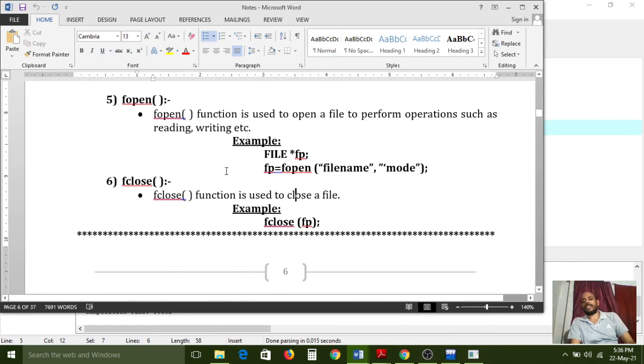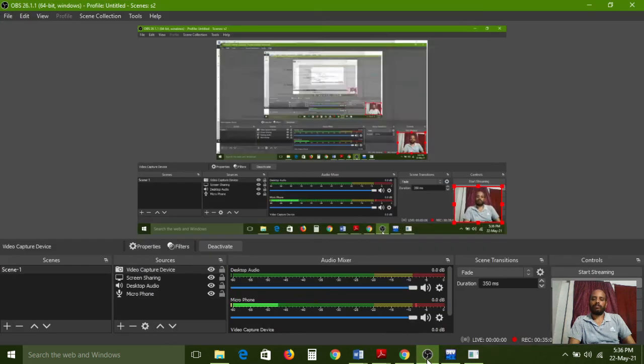These are all commonly used regular functions. The definitions of these predefined functions are available in header files, so we need to work with the header files. Printf, scanf, getchar, putchar, fopen, fclose are commonly used functions.